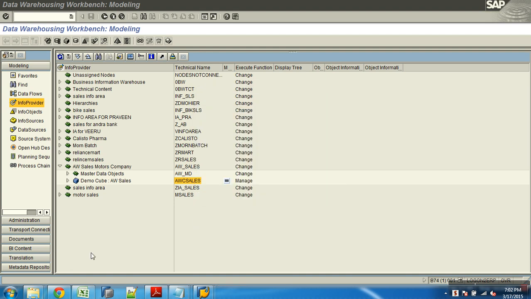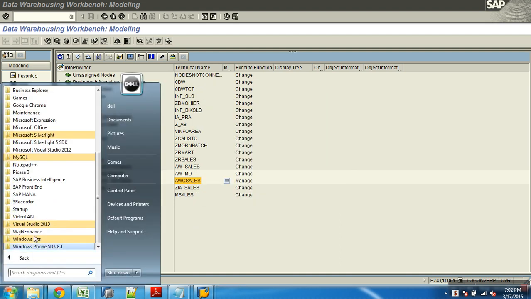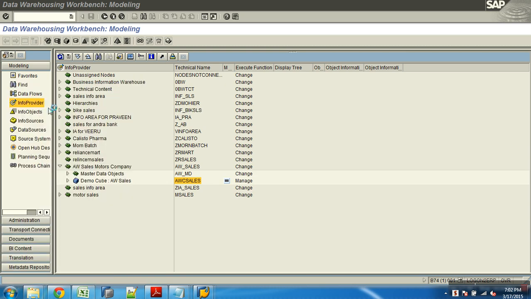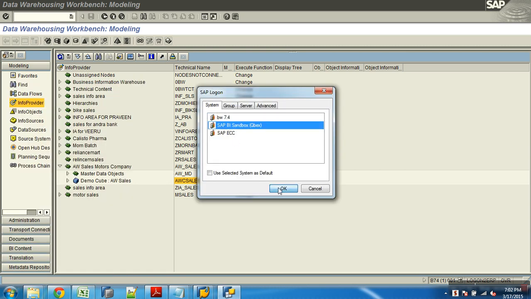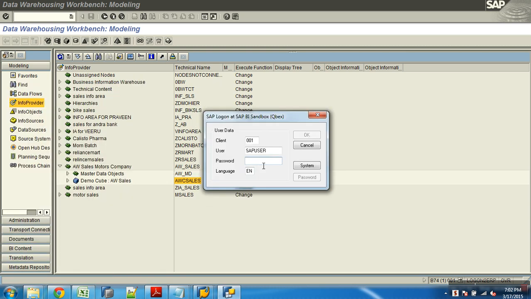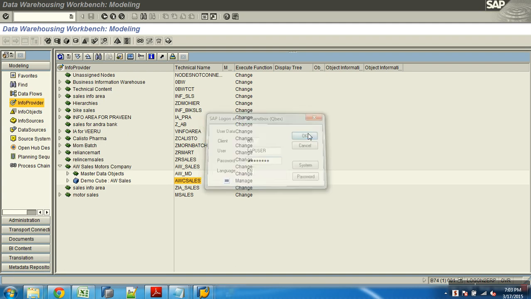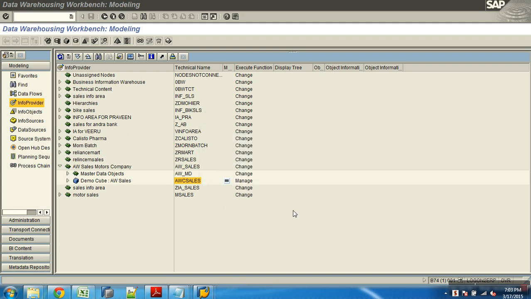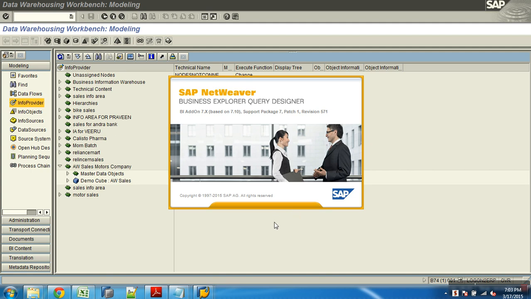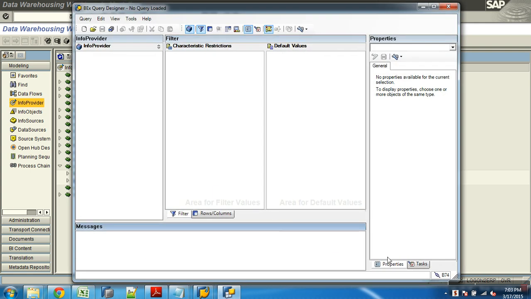You log in, start all the programs and say BEx and then Query Designer. Yeah, 1, 2, 3. We'll design a simple query, so you can just drag and drop. It's all drag and drop there. Don't worry.